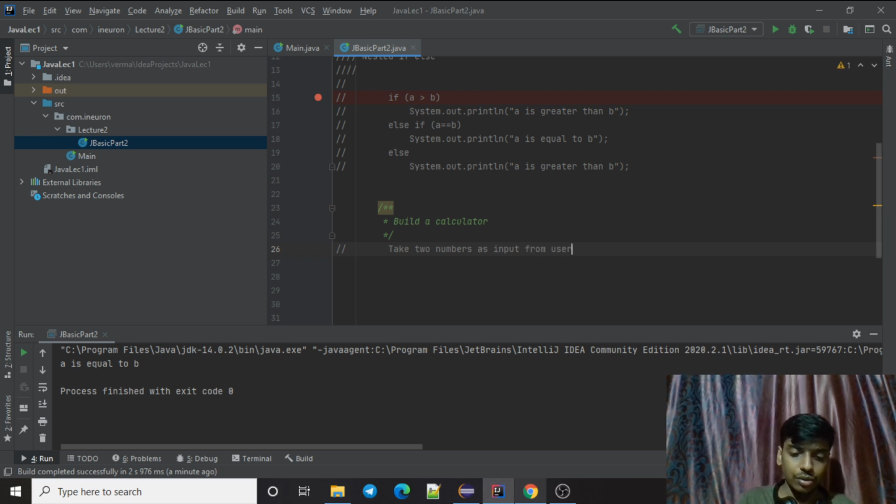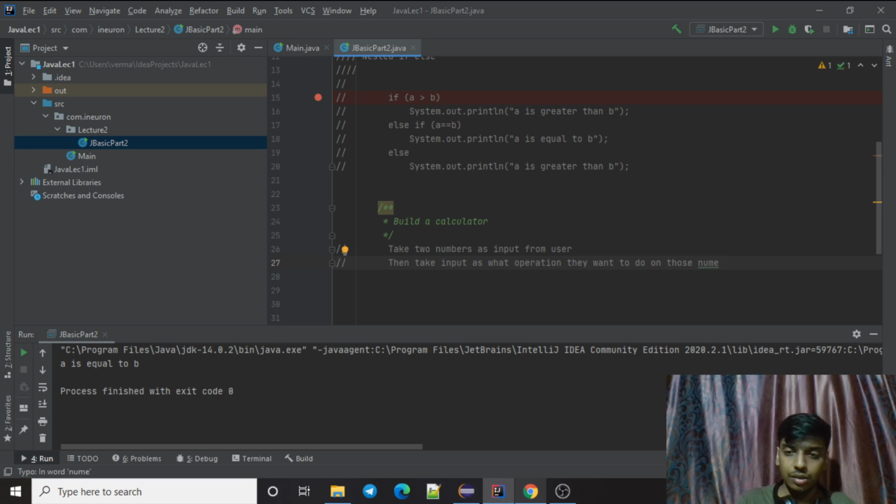as input from user. So I'm going to take two numbers as input from user, then take input as what operation they want to do on those numbers, then perform that operation.